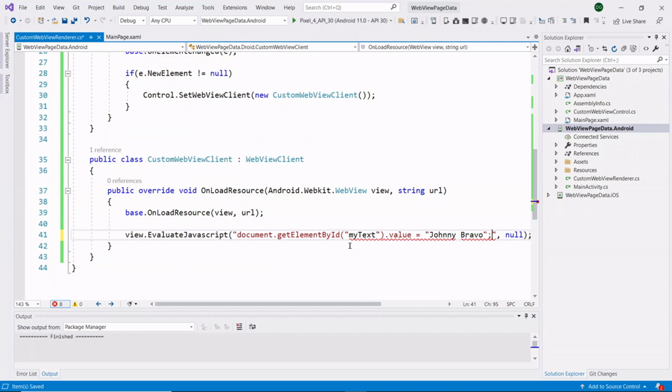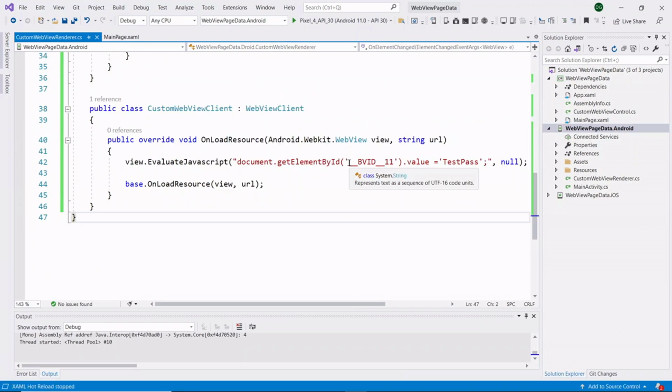Why? Because here in getElementById, we need to give our text box ID. Here I am giving my website's text box ID, and we have to set this ID and value inside the quotes. Let's run our application and see how it will work.